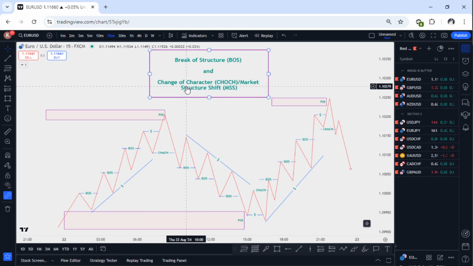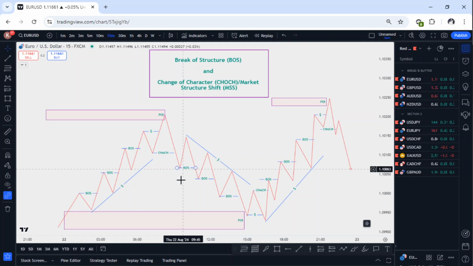The common SMC traders call it change of character. They all mean the same thing, the point at which the market is reversing. So be keen on that, and then the market now starts to move in a downtrend whereby there's a pullback. It must be 50% for it to be categorized as a pullback, or it will be considered an inducement point or